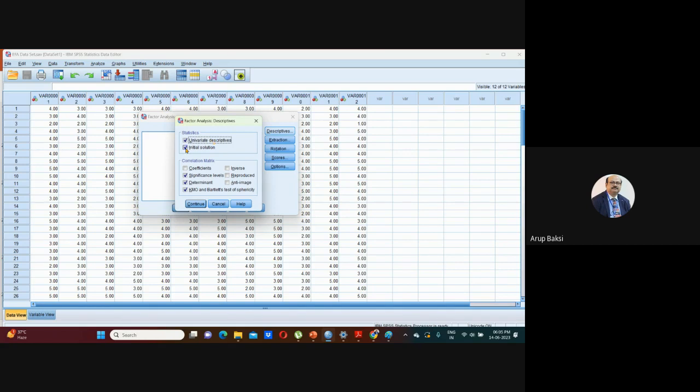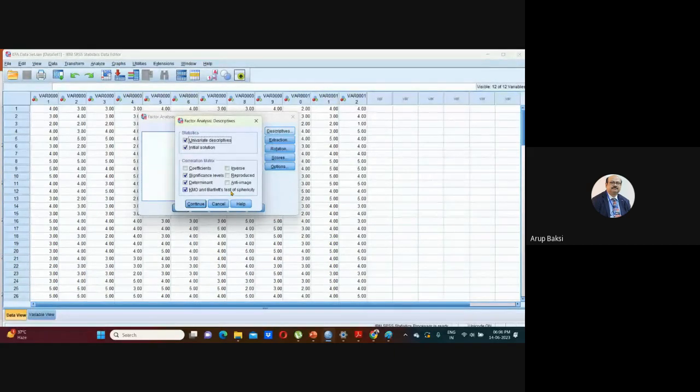You can look for an initial solution, though it's not that important because you will not be reporting it in your journal paper. But two things over here are very important. One is the correlation determinant score, which you need to report. And the second one is the KMO, the Kaiser-Meyer-Olkin test, and Bartlett's test of sphericity. These two are very critical tests to be reported for